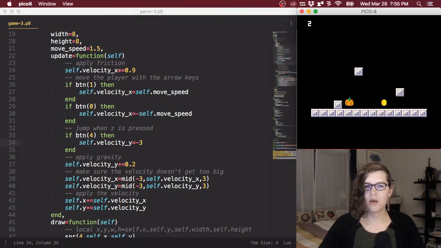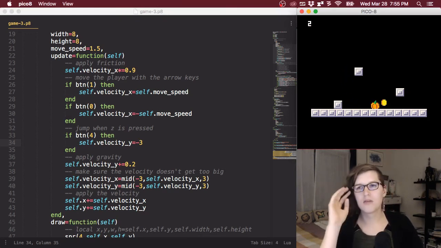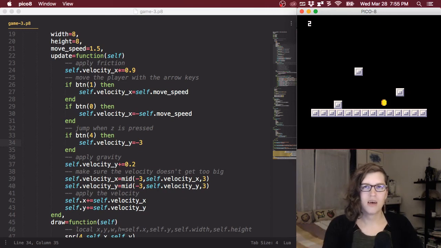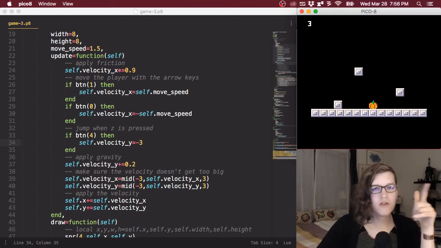It can jump up. This isn't the best code though, because if I hold down the Z key, it just flies away, like pumpkins are wont to do. But I only want to jump if I'm on the ground. And the way we do that is,